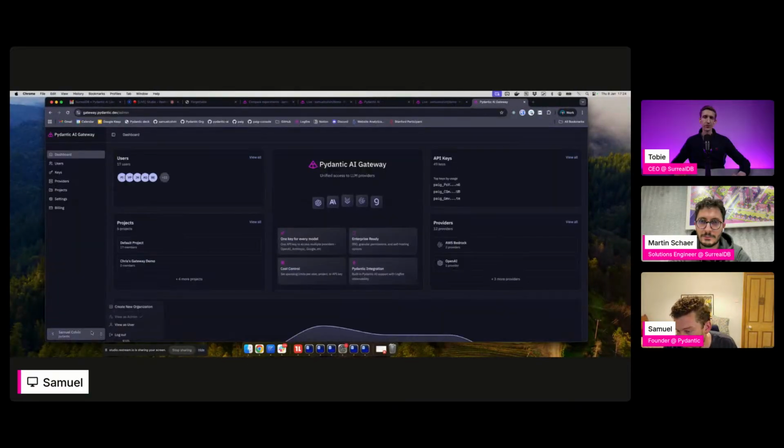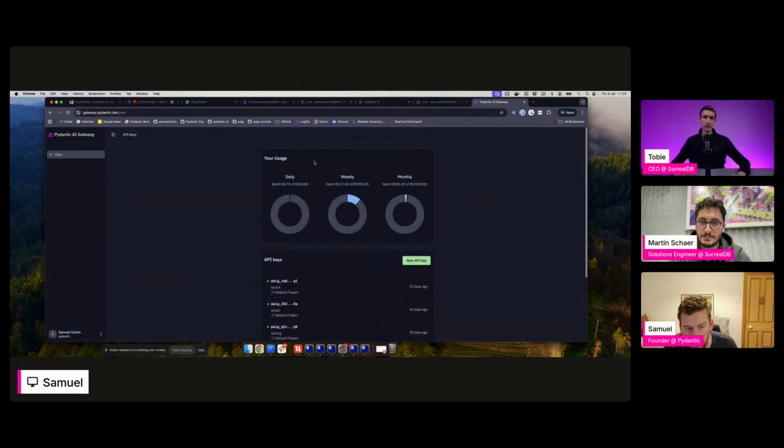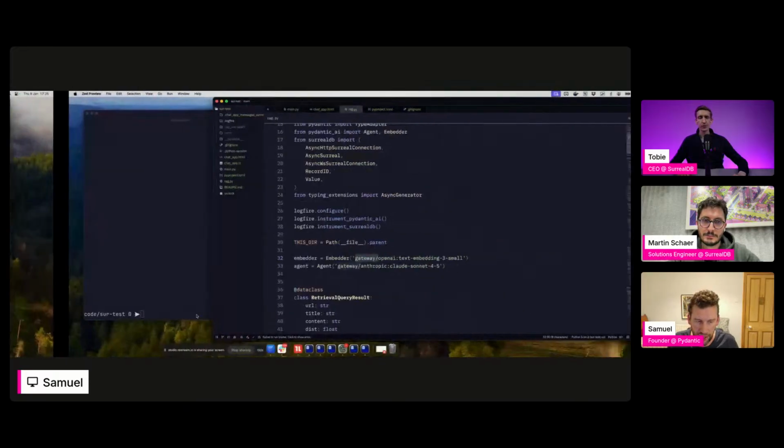But the point is that then I'm going to open the gateway here, and I will show you my keys and my usage. This is for the Pydantic org. You'll see the 75 cents was me just now generating those embeddings, and this week I've spent $100. But the point is I've set limits on the amount I can spend. As well as doing pricing limits and using one API key to connect to multiple different LLMs, I can also trace LLM requests running through the gateway. I won't show you that right now, but you can do that as well. That's one of the reasons people use our gateway.